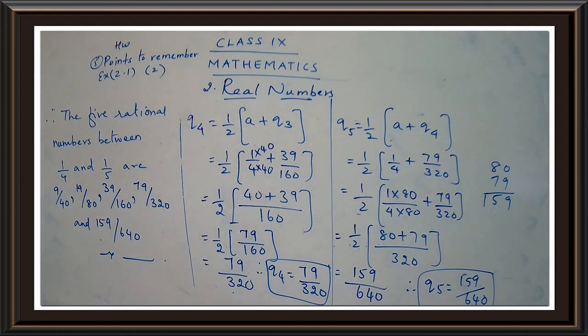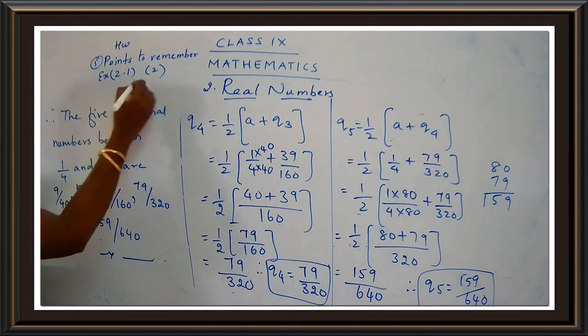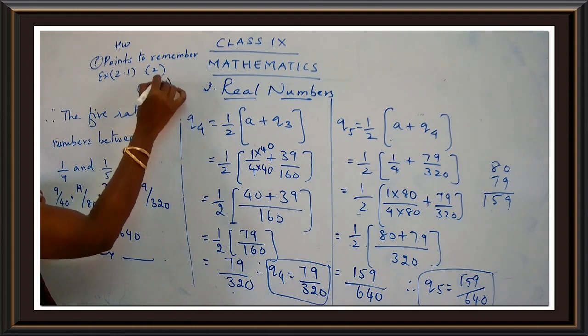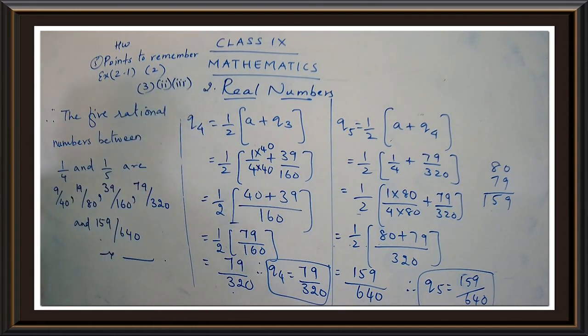And you have one more work, children. Yes, you would have guessed it. The second and the third subpart is your homework. From question number 3, the second subpart and the third subpart is your homework. I'll just give you a small hint for the second sum from the third question. For the third subpart, you have to use the formula method. But for your subpart 2, that is 0.1 and 0.11.